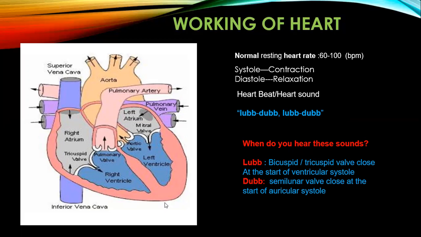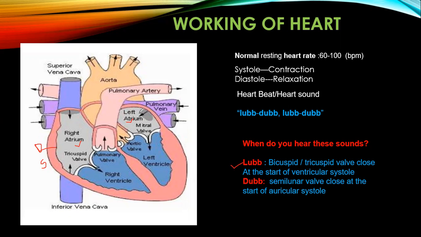So the first stage is your diastole. These chambers are initially in the relaxed state, just receiving the blood, and at that time the tricuspid and the mitral valve, which is nothing but another name of the bicuspid valve, remain closed, but the other two open. As soon as they are relaxed, these two valves close and a sound is heard which is called lub. After that, the upper chambers of the heart will enter into systole.